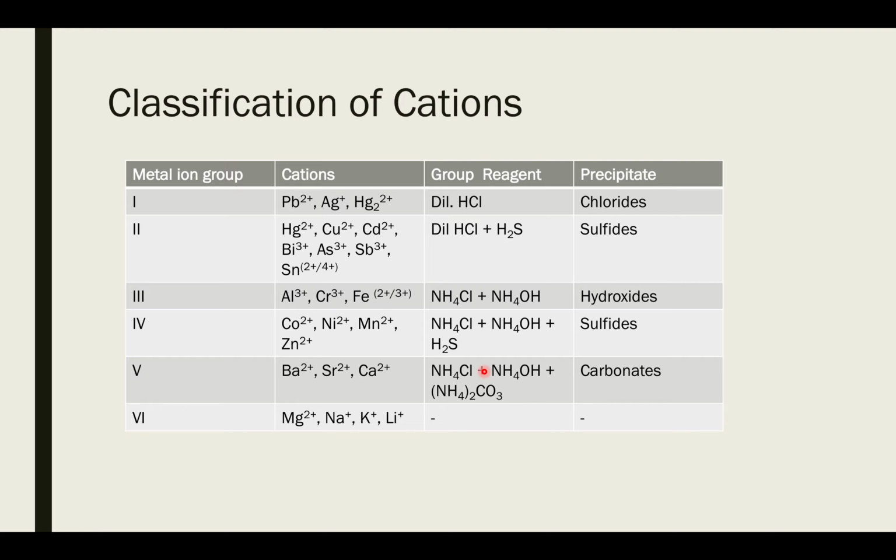So here the basis of this whole concept of adding a group reagent and precipitating certain metal ions is based upon two important things: one is solubility product and another is common ion effect. Both these topics, I believe, you might be a little familiar with, but still I will quickly brush through these topics, and then I'll help you understand the basis of how we are dividing them into various groups.